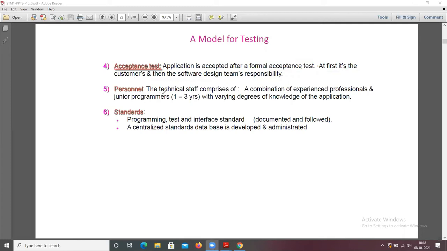Personnel: the technical staff comprises a combination of experienced professionals and junior programmers, with 1 to 3 years of experience, and varying degrees of knowledge of the application. Standards: programming, test, and interface standards, and a centralized standards database is developed and administered.